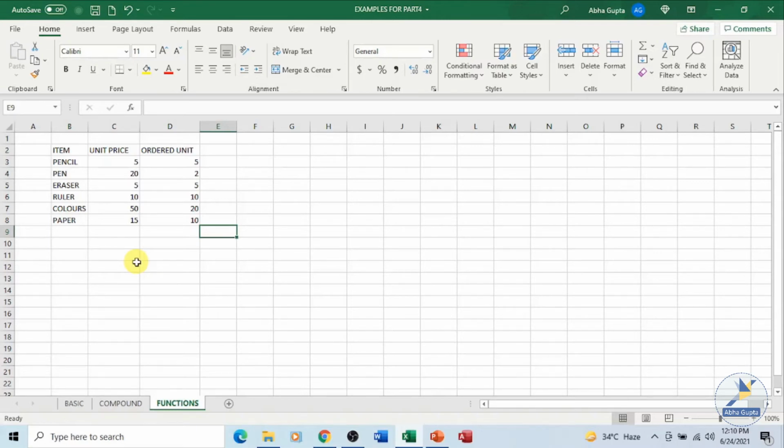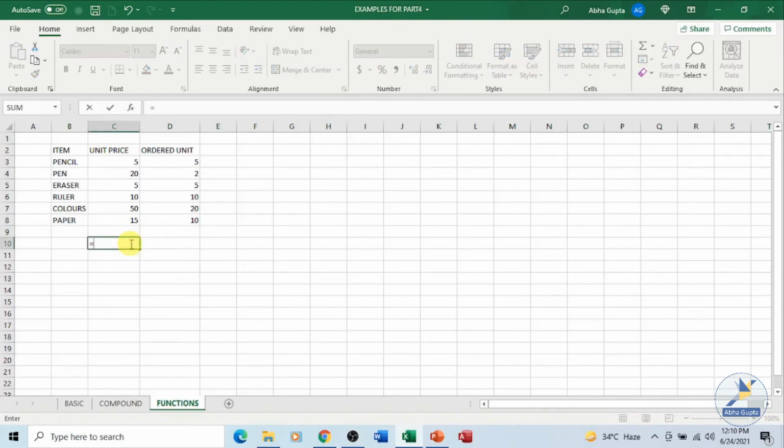The functions which we type here in Excel will accept some arguments or values. So let us see the structure of a function. Like formulas, a function also starts with an equal to sign followed by the name of the function. You will write the exact name of the function over here. This is just for an example. Then an opening parenthesis, and you type in the arguments, that is the values which you want to supply to your function.